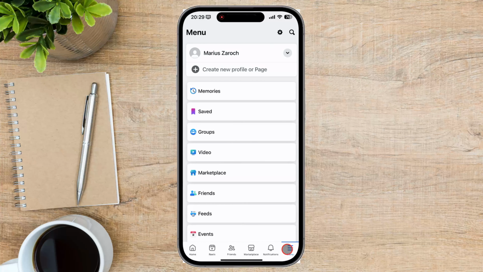Additional tips. If you're under the age of 13, you will not be able to change your age on Facebook. You can only change your age on Facebook a few times, so please be sure when you want to change it. And that's it. Now you know how to change your age on Facebook. I hope this guide has been helpful.